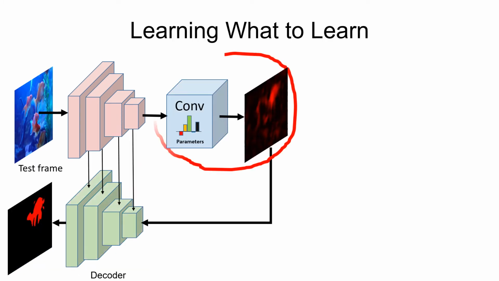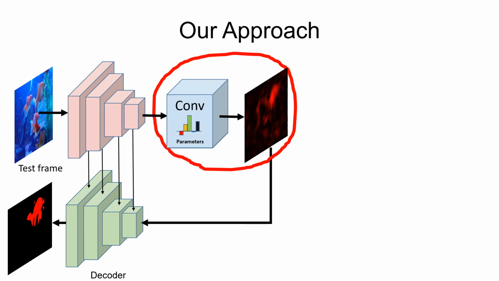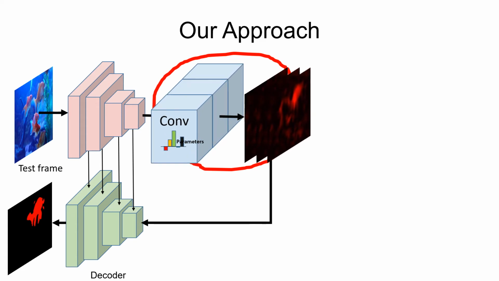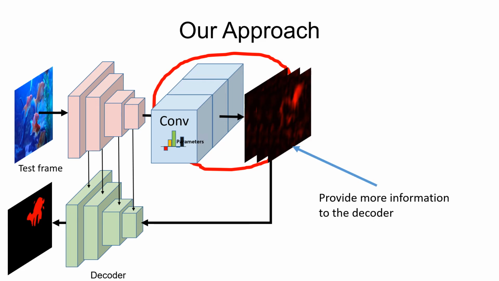We have now presented our differentiable few-shot learner and how it can be integrated into an end-to-end trainable network for segmentation. But in this work, we take the few-shot learning paradigm even further. Firstly, why restrict to a single conv filter? Instead, we consider learning multiple filters to, for instance, segment different parts of the object. Intuitively, by sending more information to the decoder, we should be able to increase segmentation accuracy.